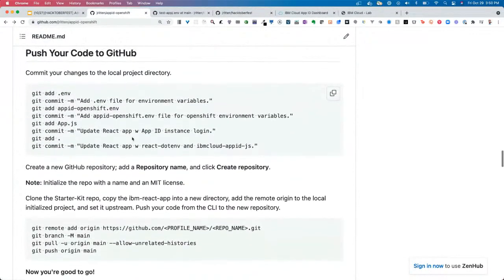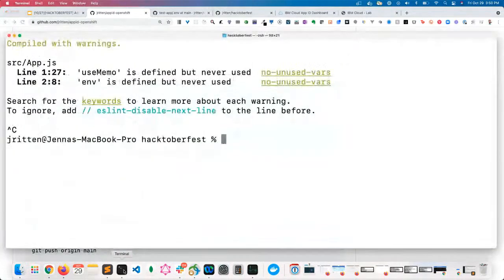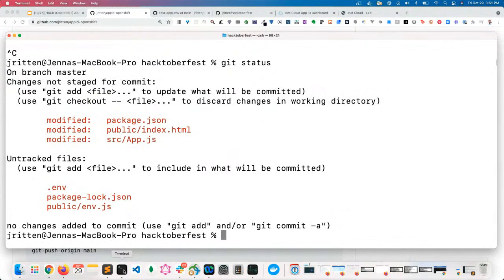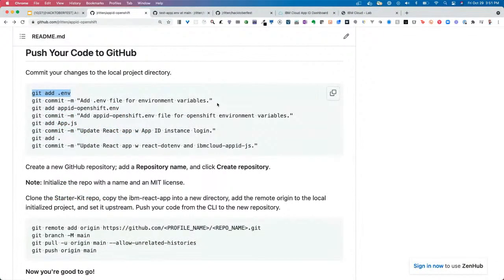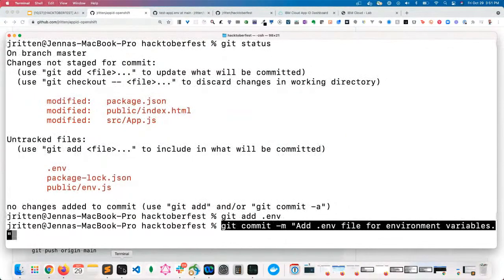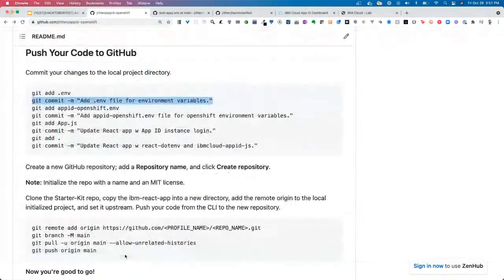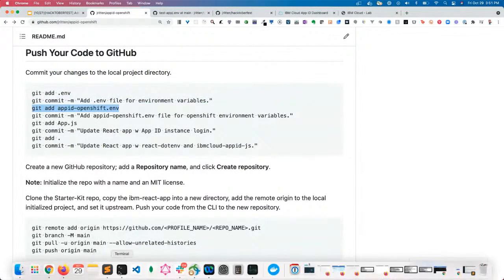Now, I'm going to actually have all of the commands here. So I want to add, you look at your Git status, you'll see like, hey, I just created an application and all this stuff. So I need to commit it. So I have all of these here. So it's super easy. Git commit all your stuff. Git add, git commit,